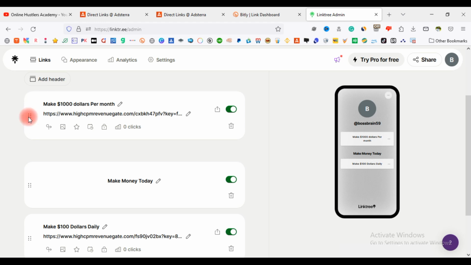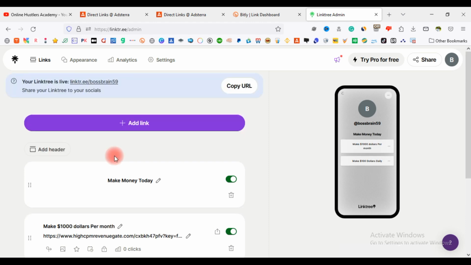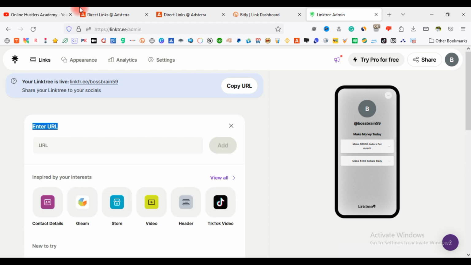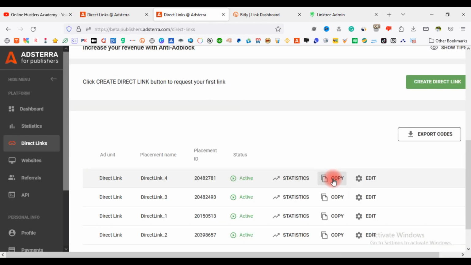So as you can see, let me bring this thing down. On the dashboard of Linktree, all you need to do is to hit on add link. Creating a Linktree account is very simple. All you need to do is to create it by adding your Google account, and right after doing that, you come to this platform and hit on copy, and it's going to copy the direct link to this platform